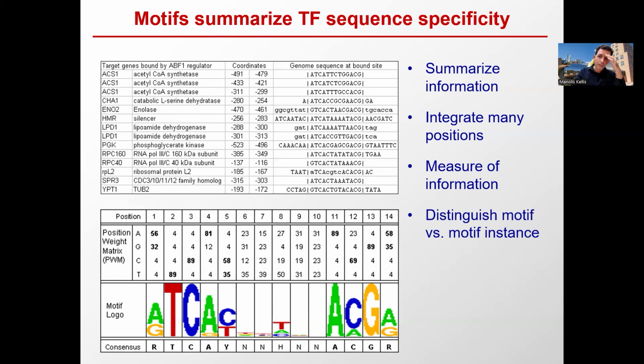Good. So again, distinguish the concept of a motif versus an instance, and the assumption that such a representation inherently makes is that there's independence of the different positions. In other words, every time I have an A here, it tells me nothing about whether I should also have an A here. Okay, so that assumes independence of the different positions. It assumes also fixed spacing. And the way to overcome that would be to say, well, if there is dependence, for example, if the A only occurs with a C,